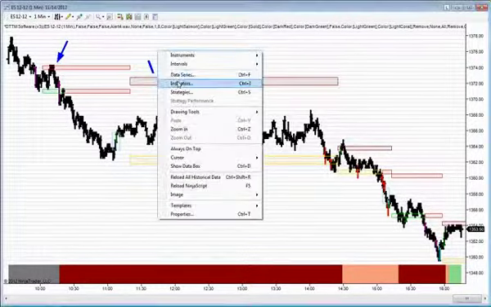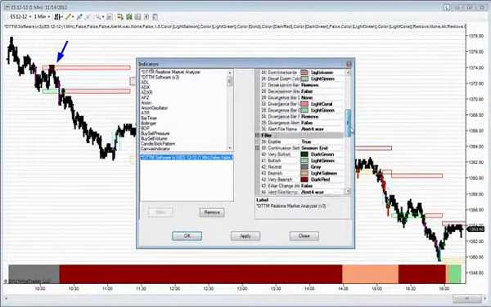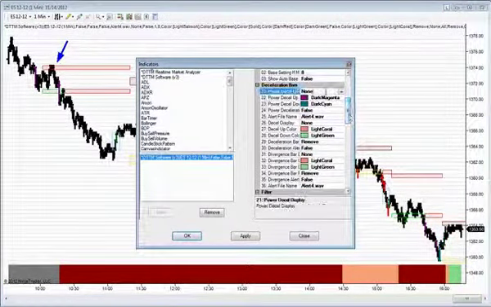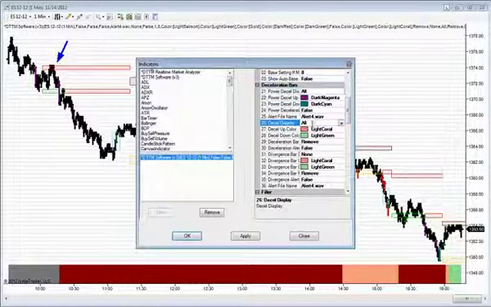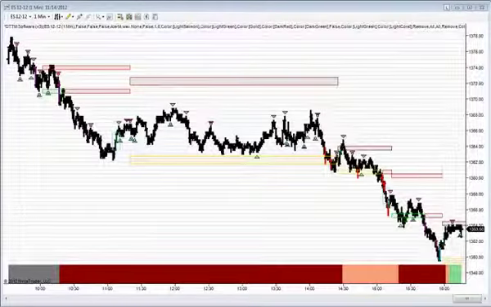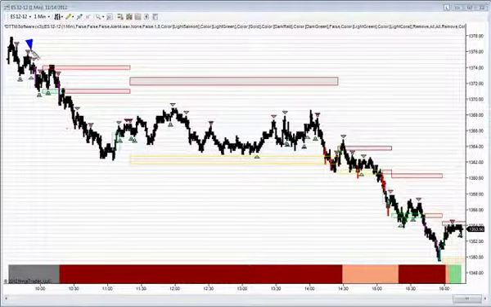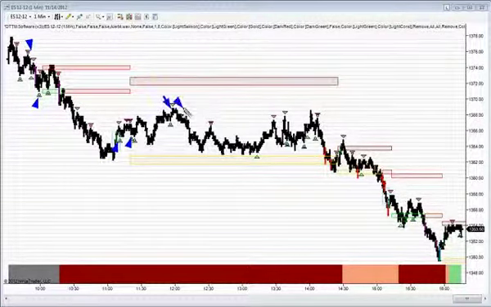Let's add another piece of the puzzle, which would be the deceleration and divergence indicators, and we'll just add those right here. Click OK. Okay, and now you can see that we have some diamonds and triangles and circles, and that's basically telling us these are points of deceleration within the market. Okay, and so basically what that means is, for example,